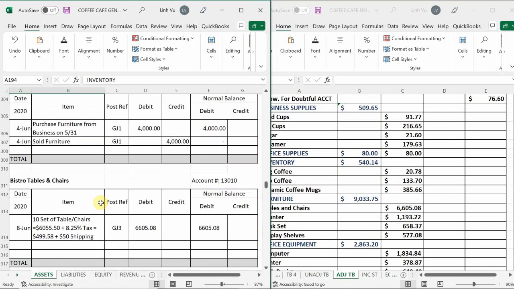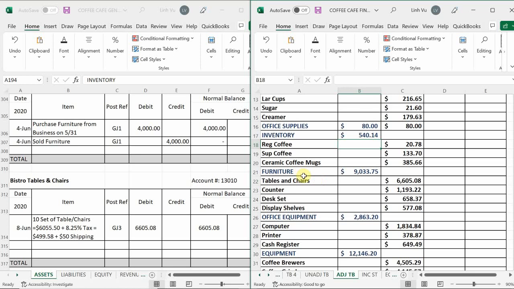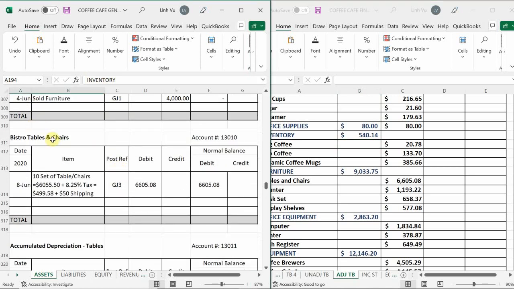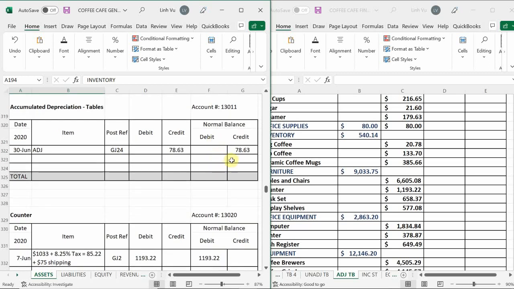Furniture currently is outstanding at a grand total of $9,033.75. So that's my current fair market value. I need to know what my book value is because I also had to adjust each item with an accumulated depreciation. Okay? I had to reduce it. So yes, my tables and chairs is still $66.0508. However, I depreciated it for